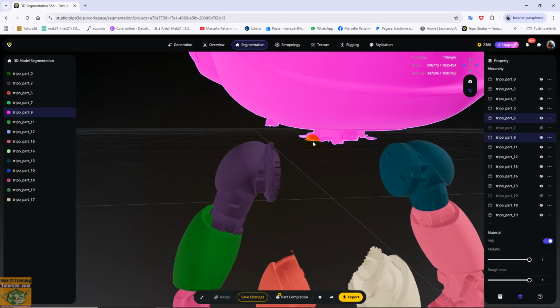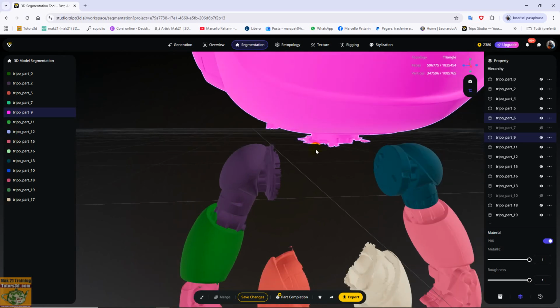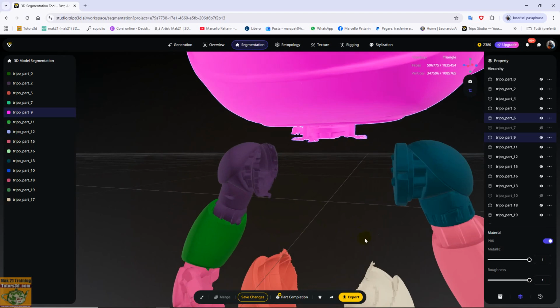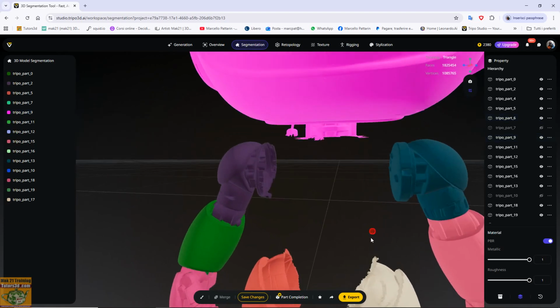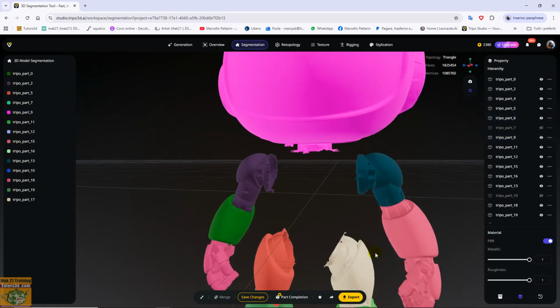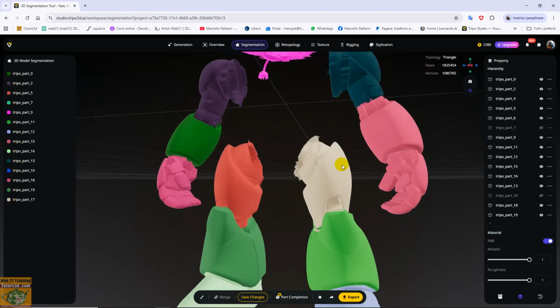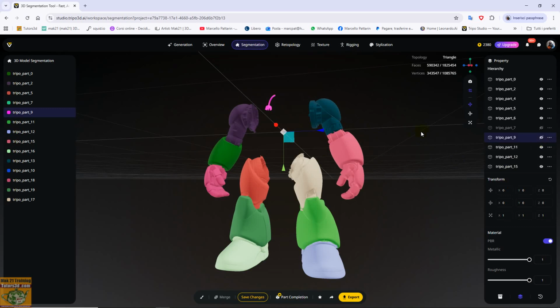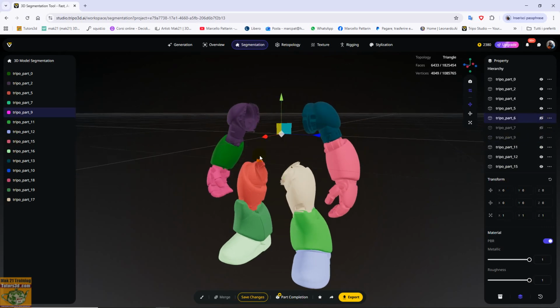Here, for example, we have the neck with some jagged areas. And therefore each of us can go on to identify the elements and see if there are any parts that are too many. I advise you to hide them. Then, of course, when we do save change, we'll save these elements that we have combined.